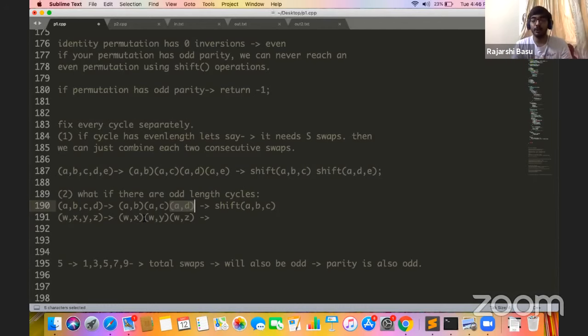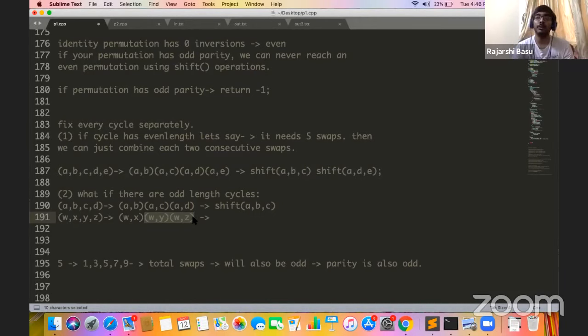We have to use two shifts for that, obviously, and then we continue doing the remaining swaps. As long as there are two consecutive swaps, we combine them using one shift. And if there are four different elements, we do two shifts. Now one thing to note here is there is a certain way to process the shifts, and this might have